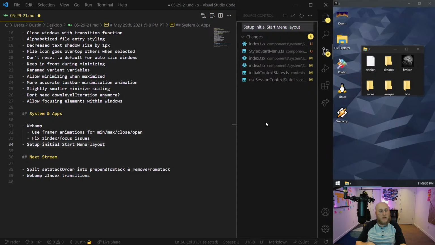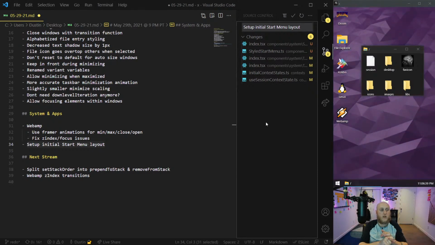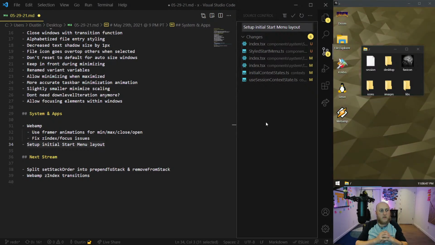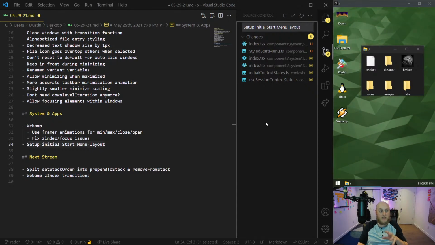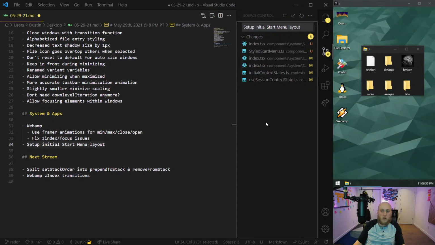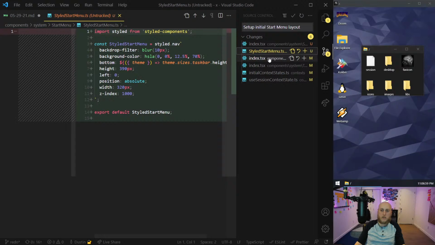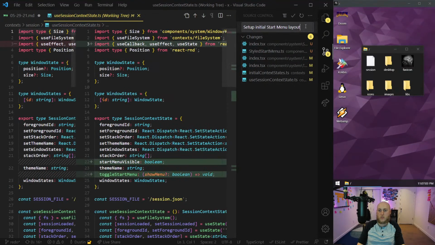And then the next couple big things I need are an open file dialog, a menu bar, and nested context menus. Once I have those three things, there's very little left to make up an OS, and then it's kind of just perfecting the apps, perfecting the animation, refactors, debugging, polishing. So we're getting close to having a lot of functionality. Start menu will be another big piece, and now we got a bit of the visuals there.